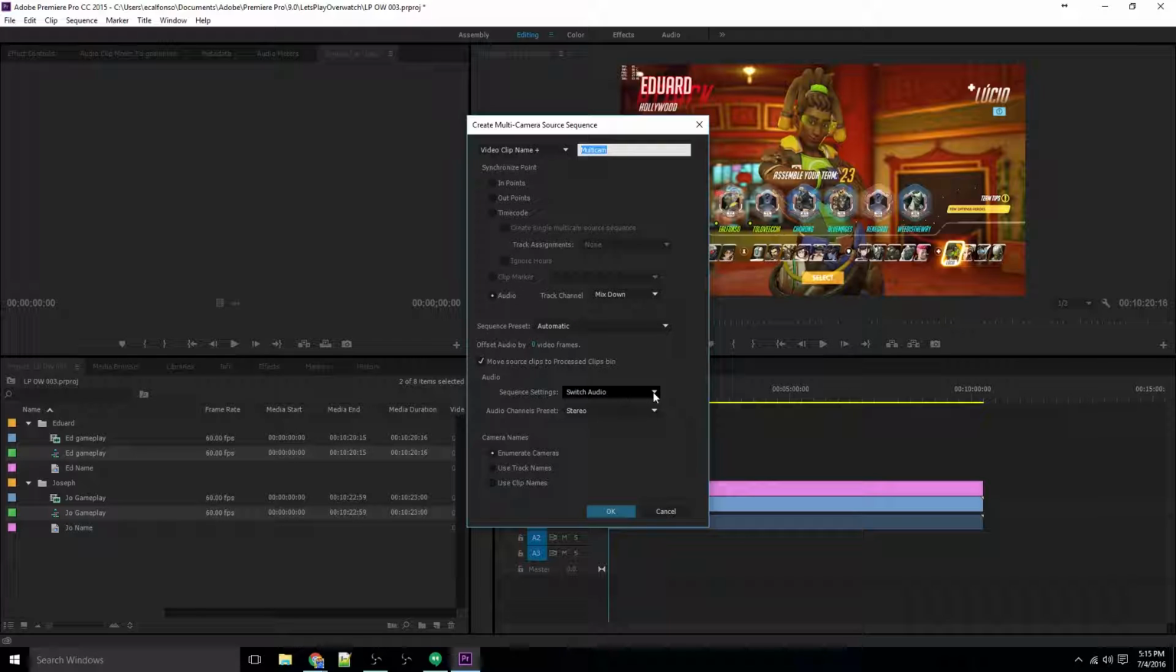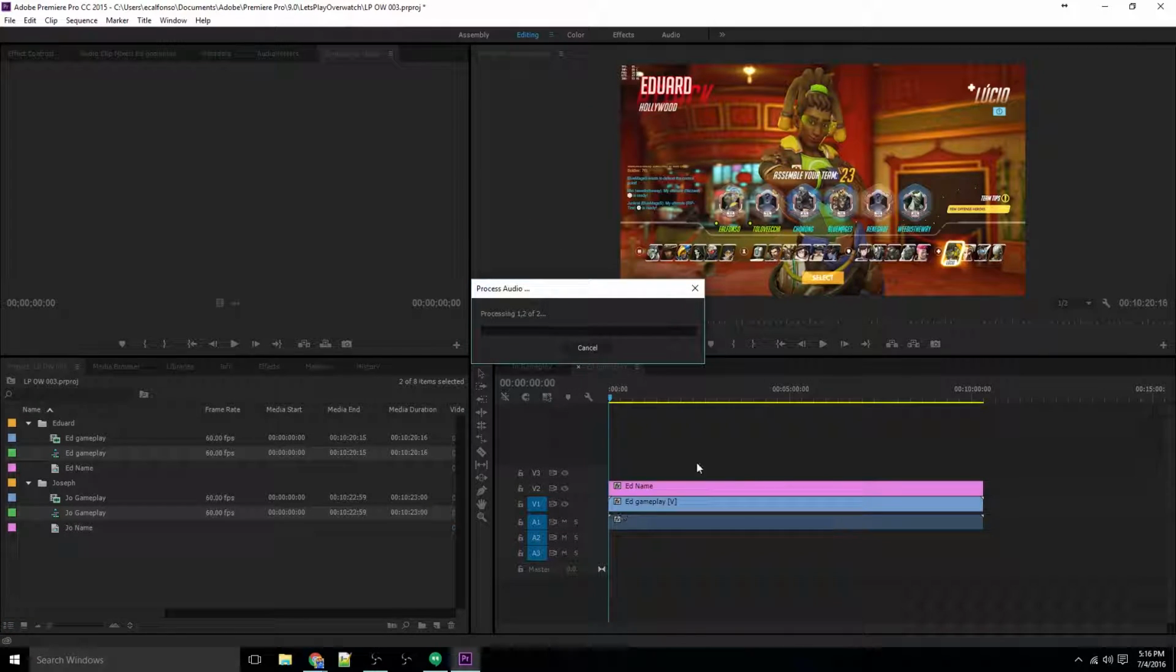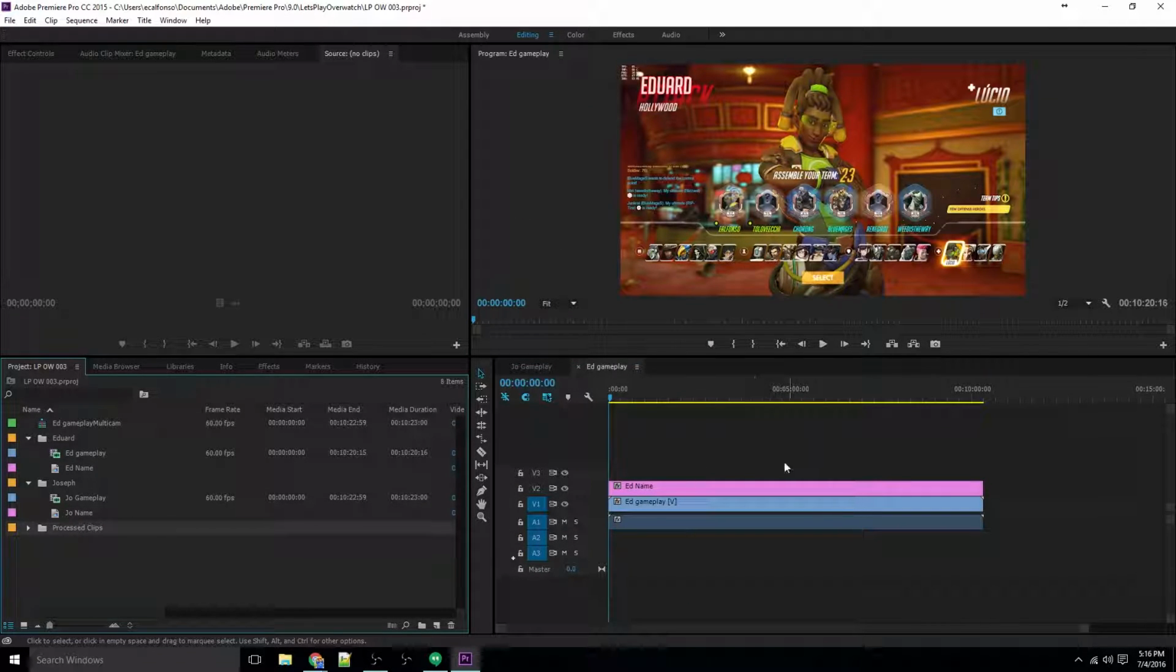The next thing that does matter is sequence settings, switch audio. I'll get to that in a little bit, but I set this to here. Audio channel stereo, camera name enumerate. This doesn't really matter. The two things that do matter here is audio. We're going to sync on audio, and the audio sequence settings is going to switch the audio. I'm going to hit OK here, and it's going to take a little bit to process. And now,